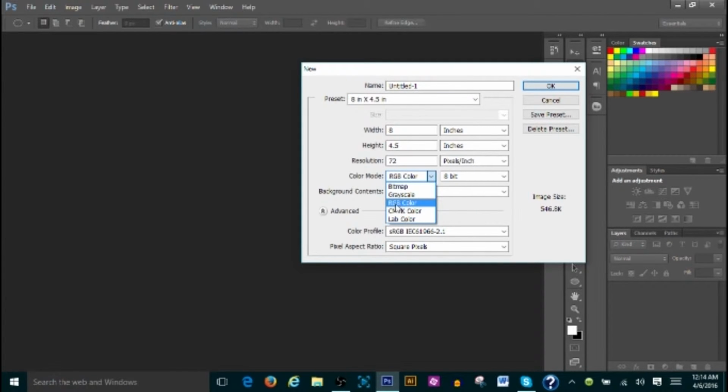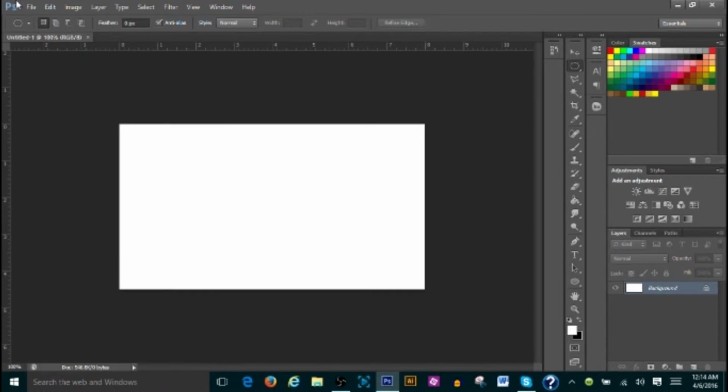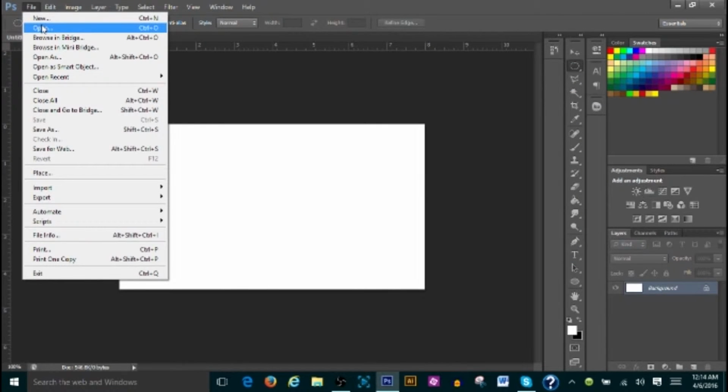My personal preference, I always stick with RGB. Some people like CMYK, but RGB is very useful, especially if you do a lot of PNG images, which are basically photos with no backgrounds. So, for example, that's a new photo that we're going to create, but I'm going to go ahead and open up, let's say,